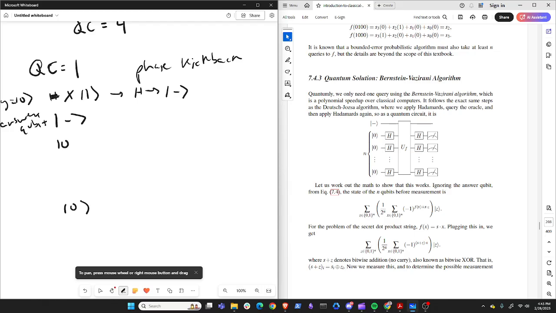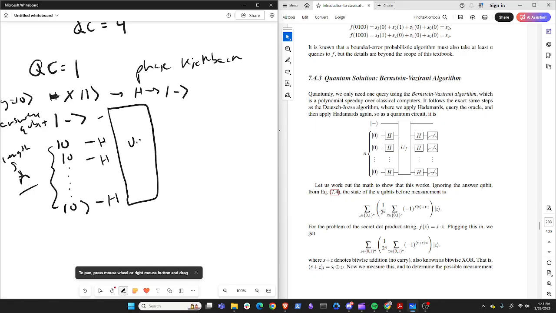Then we have all these other input qubits, depending on the length n of the secret string that we're trying to find. So the length of s is n. This dictates how many input qubits we have. Each of these input qubits will be passed through a Hadamard, and then everything gets passed through the oracle, the all-seeing, all-knowing. State minus comes out untouched,